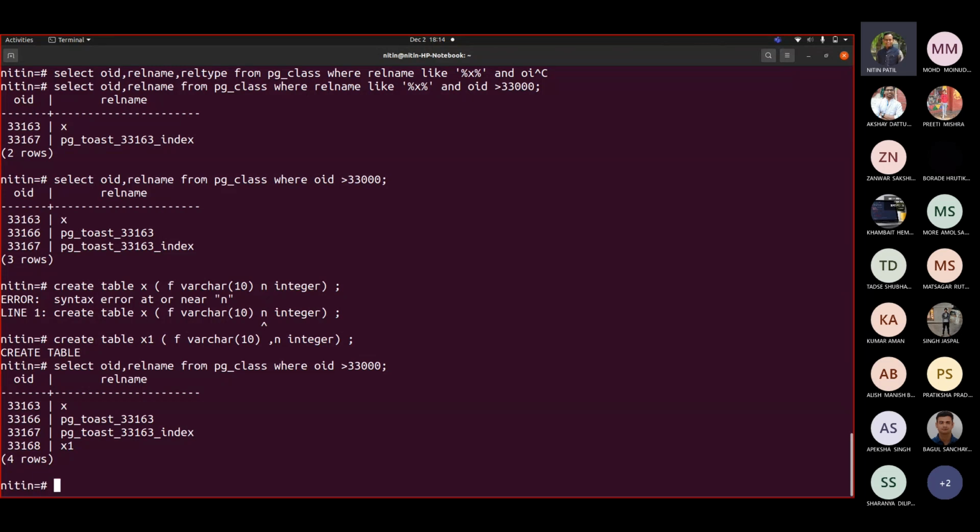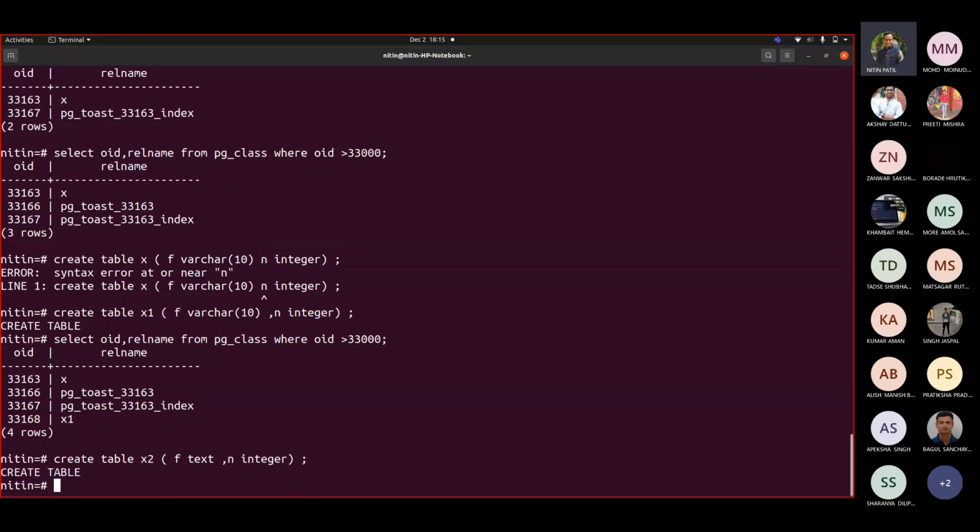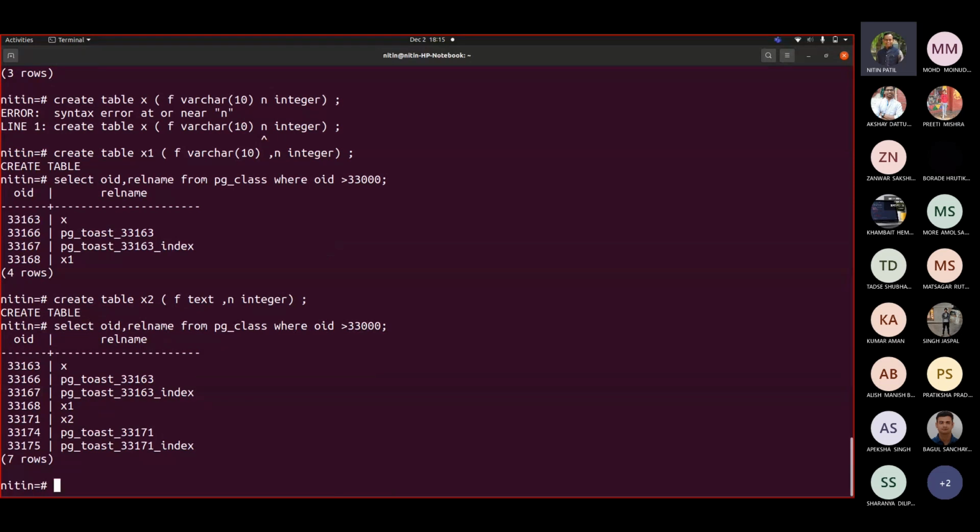But when I added x, which was having one of the column types as text. Correct. So similarly, if I try working with this as x2 in this case, and if I write here text. Okay, now let us see this again. Can you see two entries are added for x2?